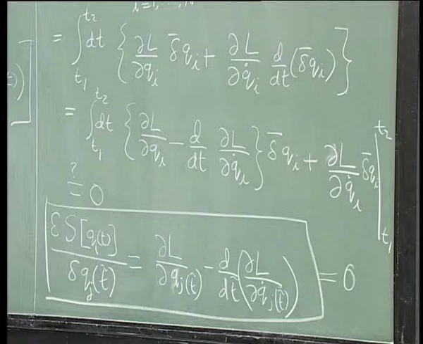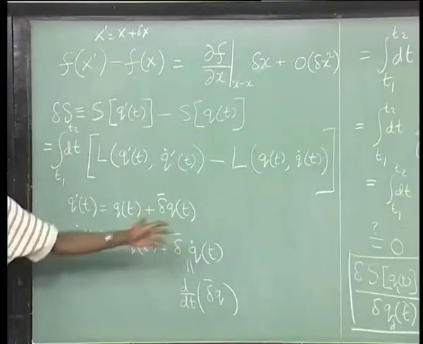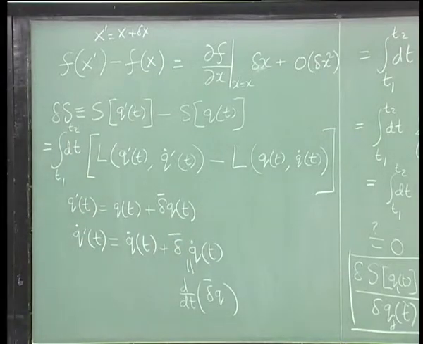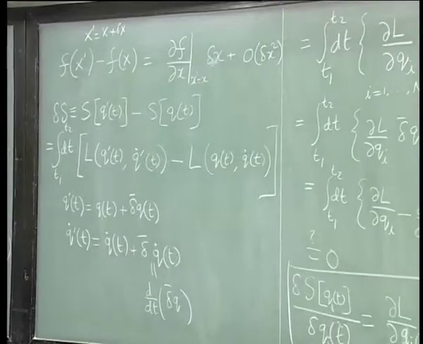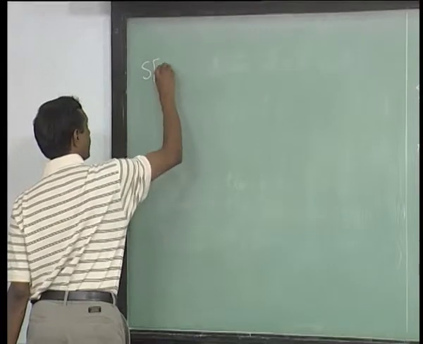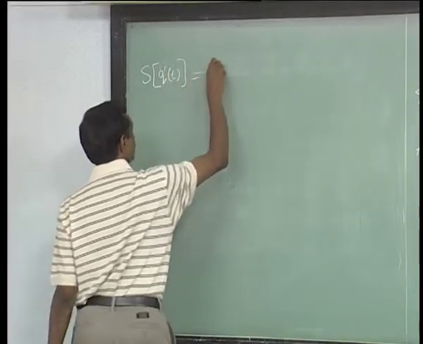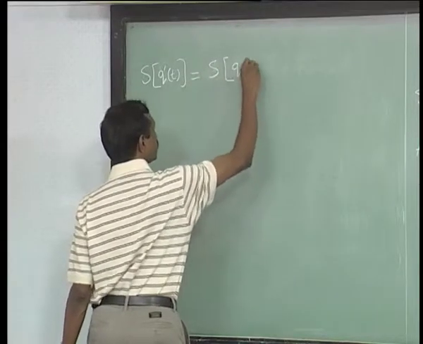actually before I do that, maybe for once in this course I will write out for you the next term in the analog of a Taylor series for a functional, just for completeness. So for instance, if you have S of some q prime of t, it will be equal to S at q of t